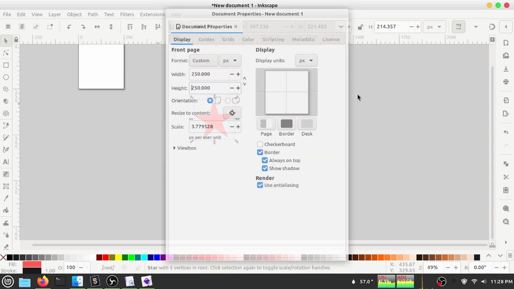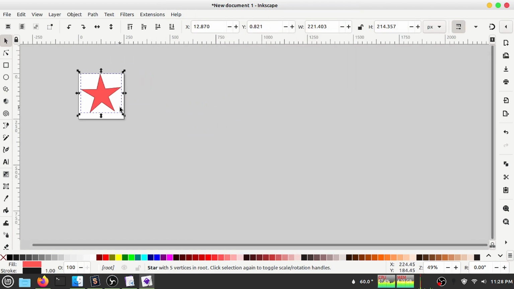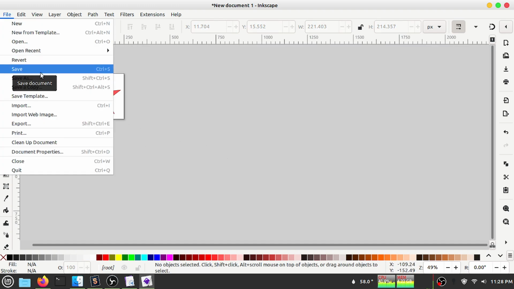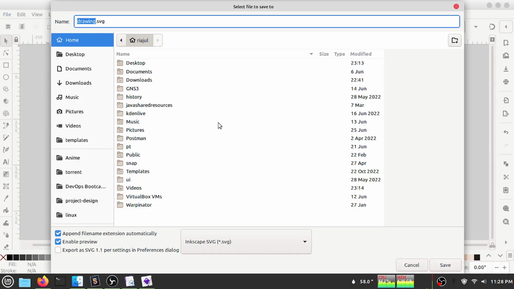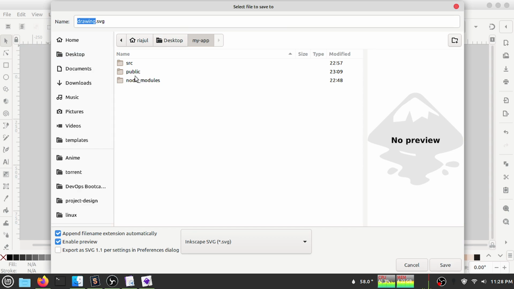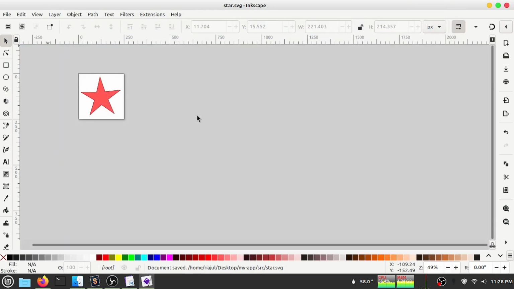Close this line. Now this is my canvas, so I have to put this image in my canvas. Let's put our image in the center. Now I have to import this image. If I try to use this format, like let's say save, and if I save my file on my desktop, or let's say directly put it in my project application source, inside source, let's name it star. If I save my file,